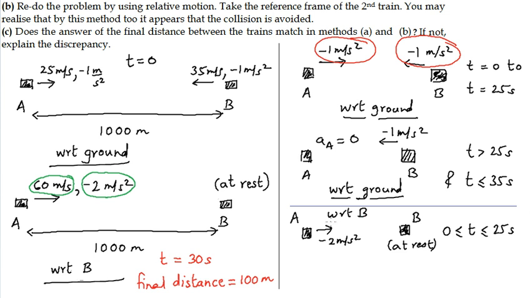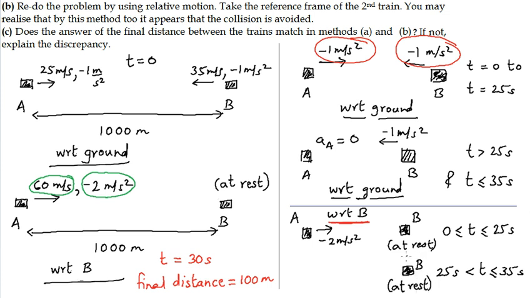On the other hand, if we draw the diagram once again with respect to train B, but for the next 10 seconds, that is, for t greater than 25 seconds and less than or equal to 35 seconds,